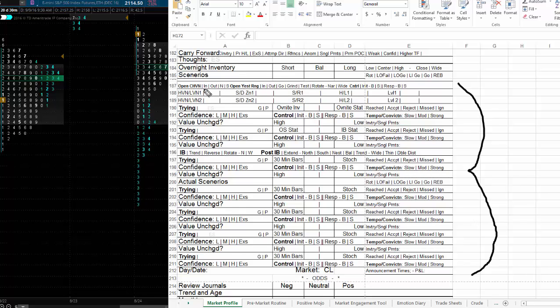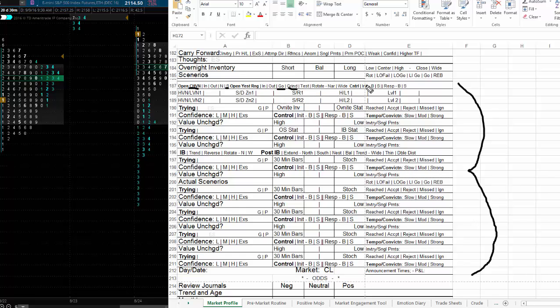So if it's opening out of the high volume node, and it's say to the south of it, and I think that it's an initiative move, it's not heading back up toward it, but it's heading away from that high volume node. An initiative move, it may just open up and go. And so I'll write down what I think these things will do, and then I'll fill them in as it does it. Do I think that the market's just going to stay where it is and grind,